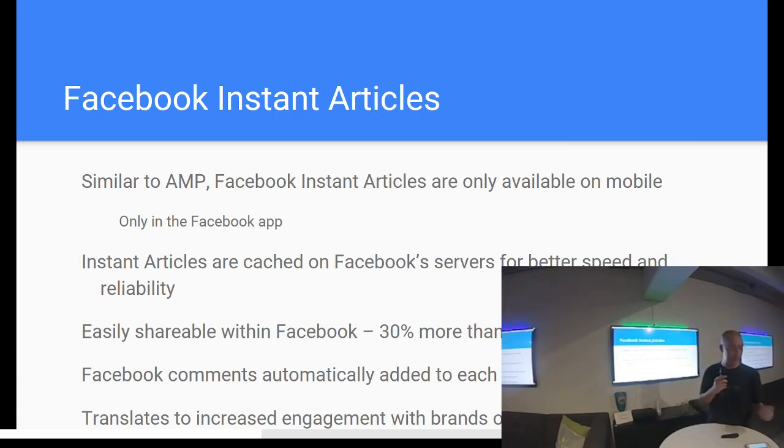It's super quick, and you don't have to pay for bandwidth. But the drawback is that Facebook Instant Articles are only available on Facebook. So if you or your clients have a Facebook page, they would benefit from having Facebook Instant Articles.